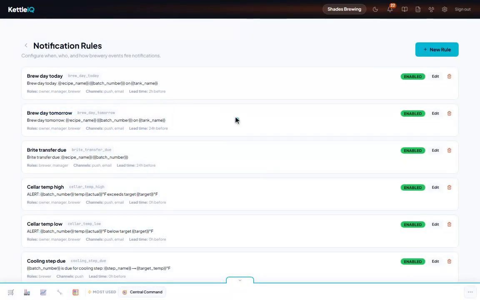KettleiQ sends notifications automatically for the events that matter: brew days, transfers, cellar readings, and account activity. There's nothing to connect here. What you control is which notifications go out and to whom. Each row on this page is one rule, like brew day today or bright transfer due. It shows the roles that receive it, the channels it uses, like push and email, its lead time, and whether